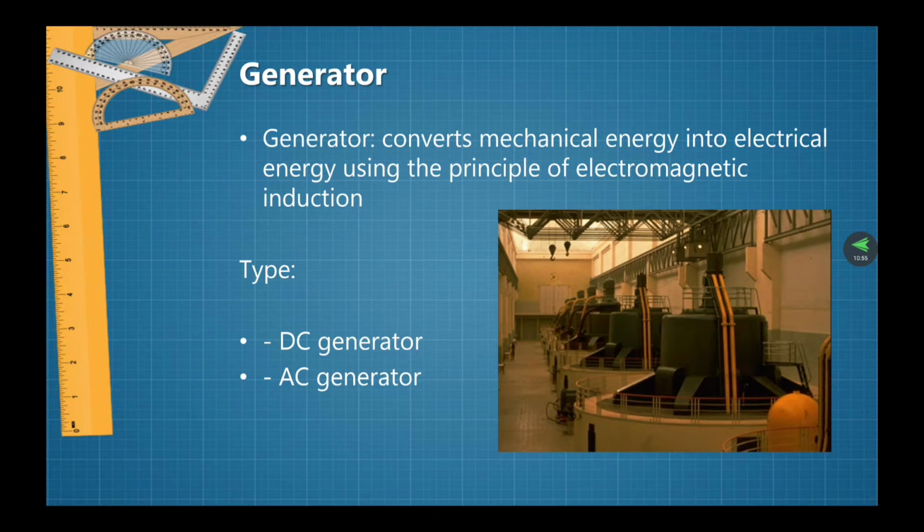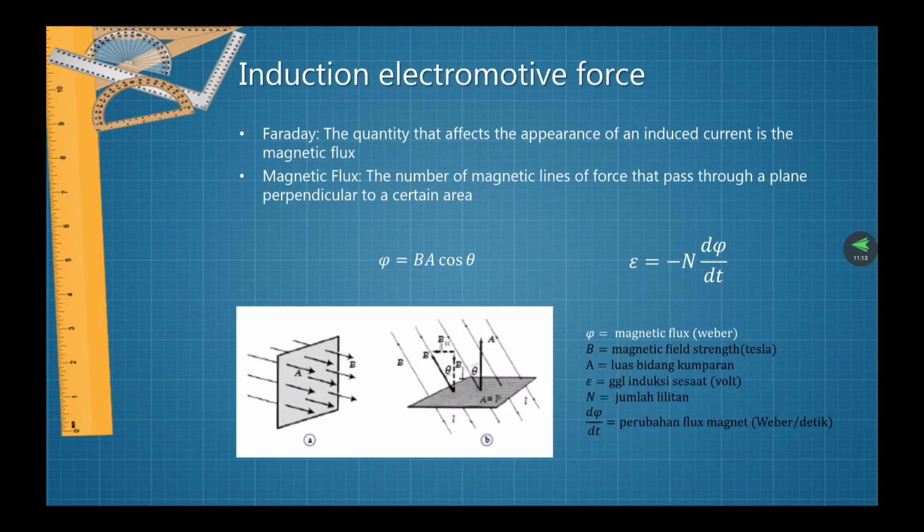Okay, now we will talk about the generator. A generator converts mechanical energy into electrical energy using the principle of electromagnetic induction. The types of generator are DC and AC generators. The induction electromotive force is based on the law of Faraday,